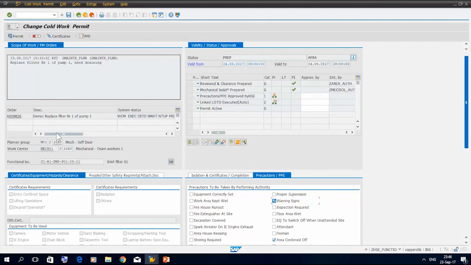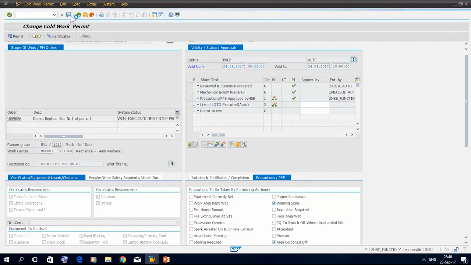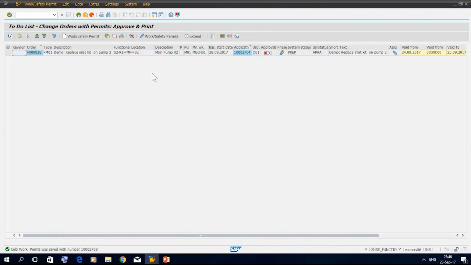And then here I am happy with the content, and I give my approval. So here you can see that the status of the permit is only prepared. Now I'm gonna save my permit. So you can see that the processed line is now disappearing from the list,